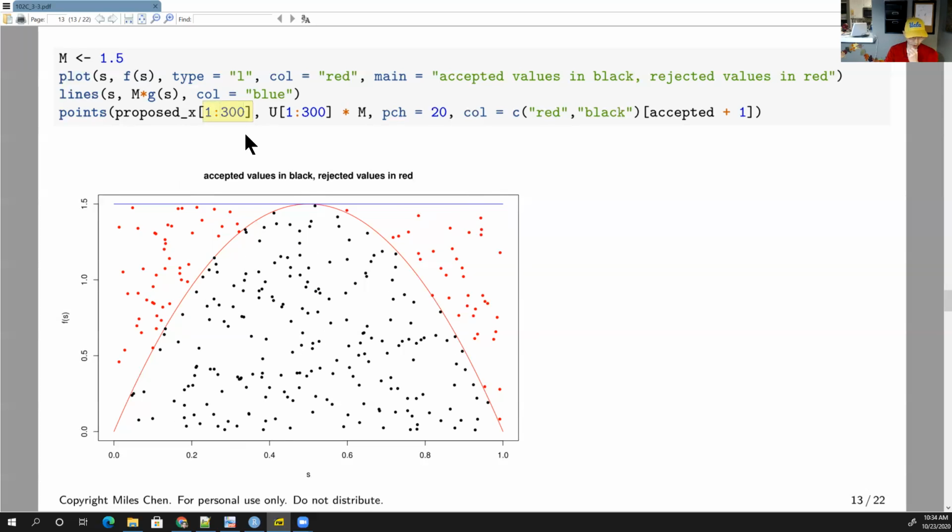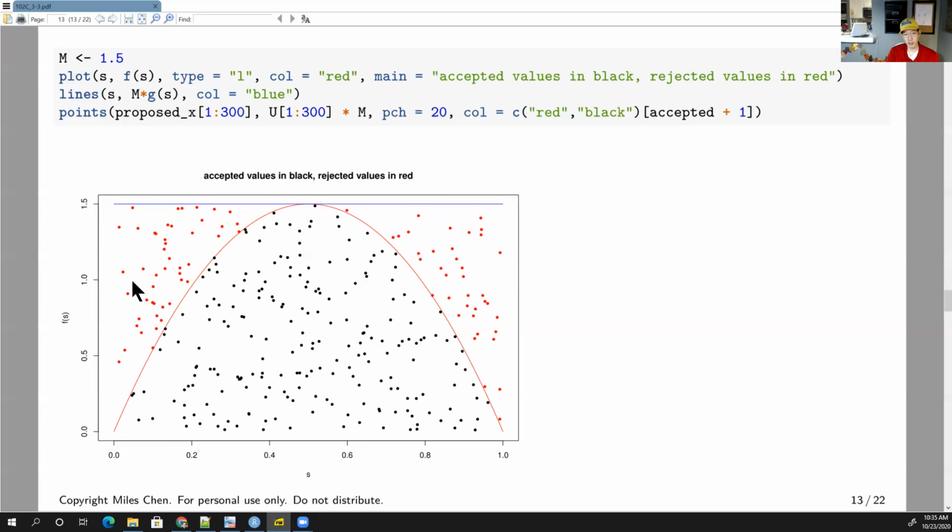I actually proposed like 100,000 values, which would have covered the entire grid with dots and been too hard to read. So I'm just looking at the first 300, and this represents the values proposed along the x-axis, and whether it got accepted is determined by whether the uniform value came in underneath the curve. If it came in under the curve, it was accepted,